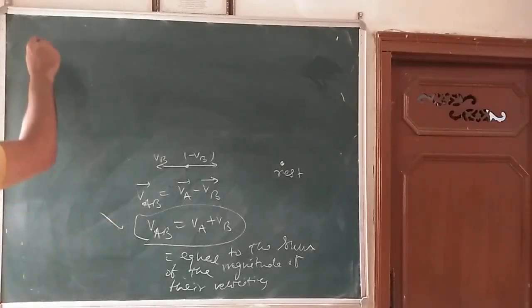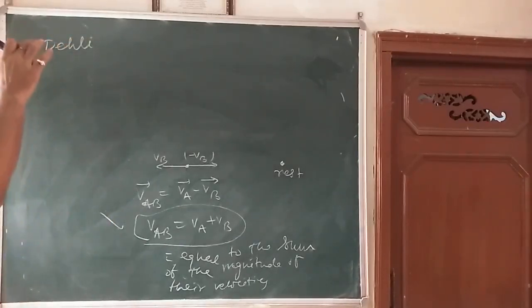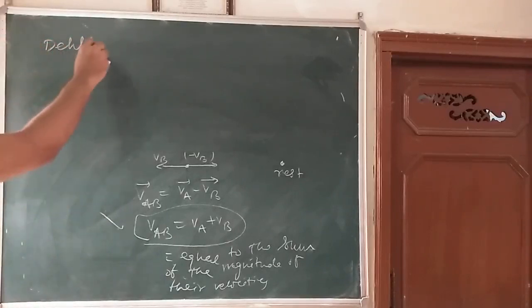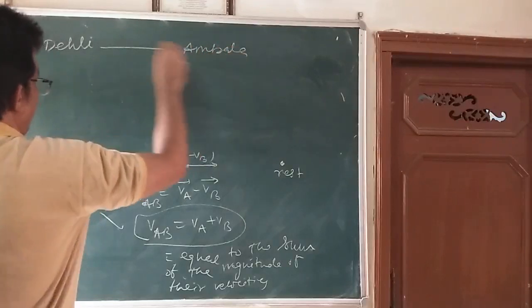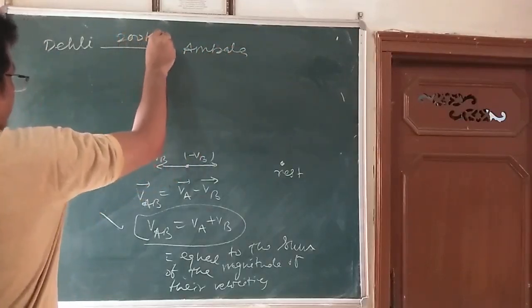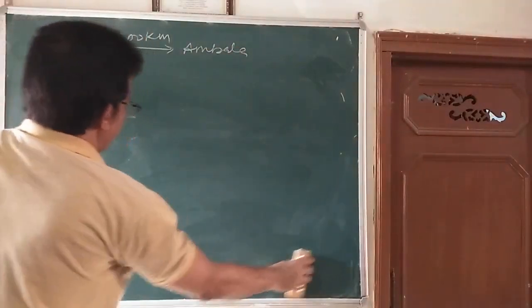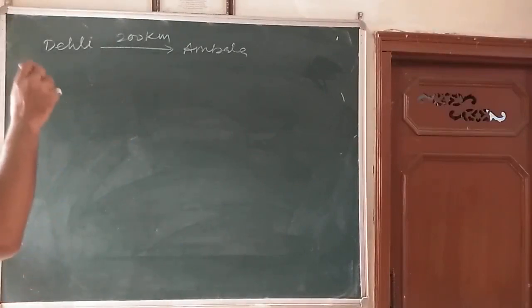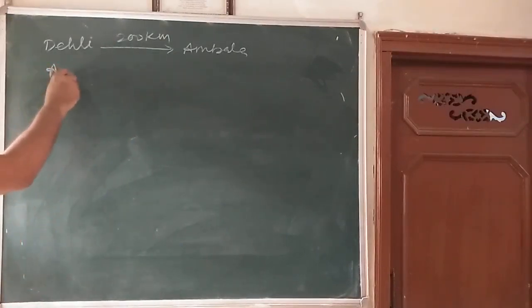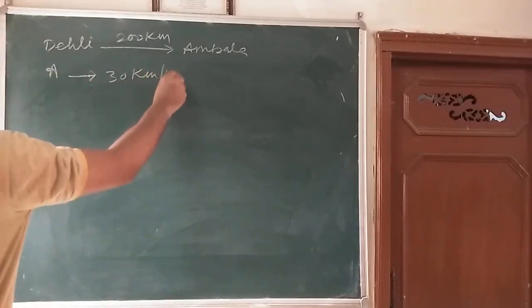Write down the numerical. Delhi is at a distance of 200 km from Ambala. Delhi और अंबाला के बीच में, suppose here the distance is 200 km. A sets out from Ambala at a speed of 30 km per hour. 30 किलोमीटर पर आवर।